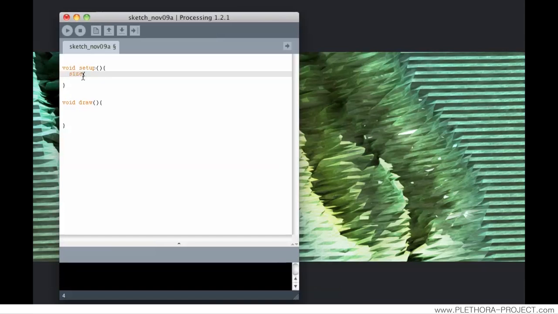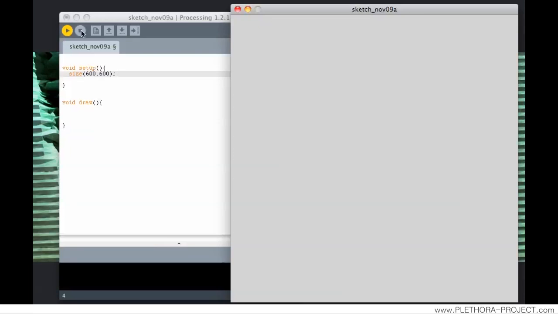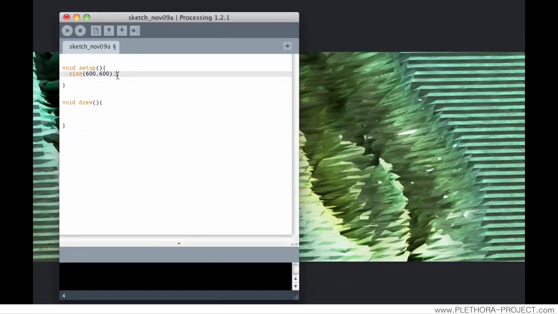The function size allows us to build a window. This will produce a window of 600 by 600 pixels. Notice that we have to finish every line with a semicolon. That is the syntax of Processing. We will see what these curly brackets and parentheses mean over the next few videos, but for now let's just continue. We also have the background function